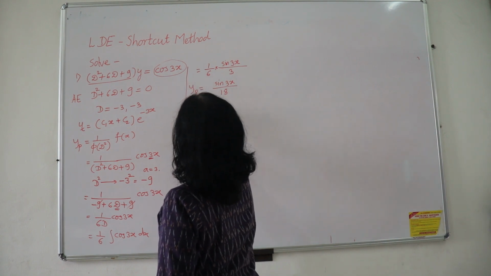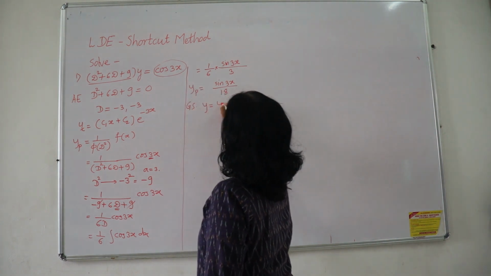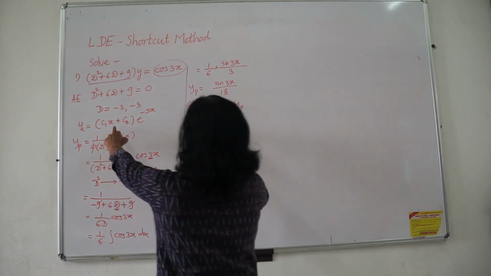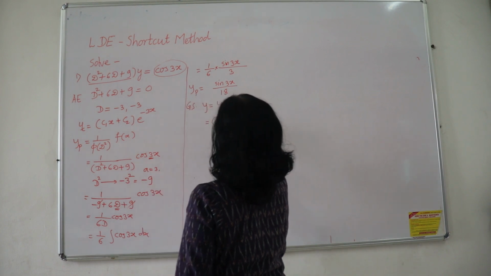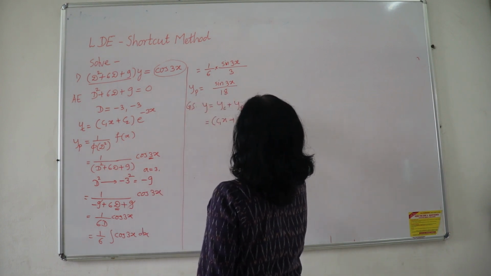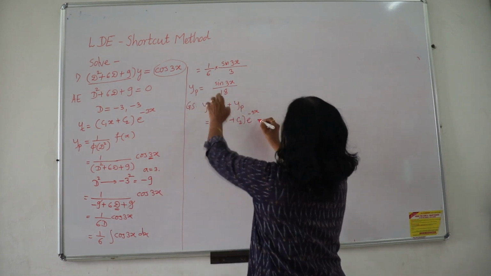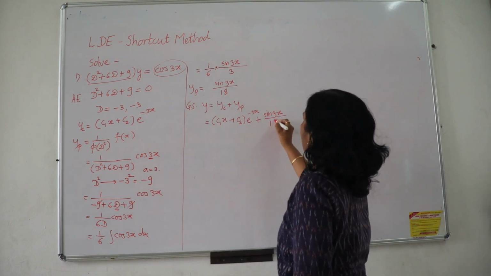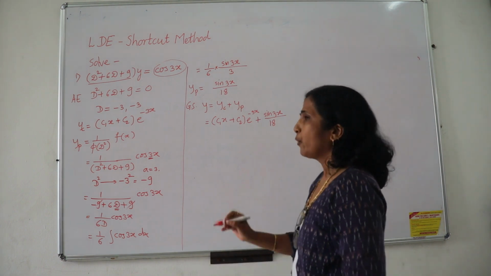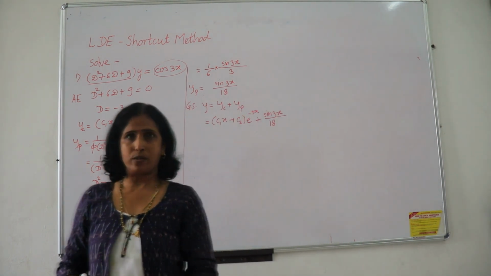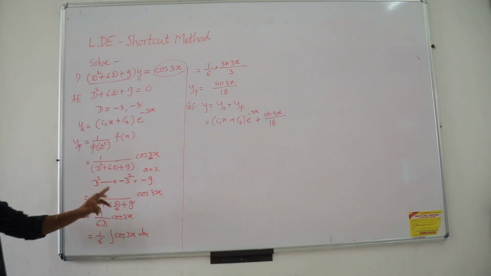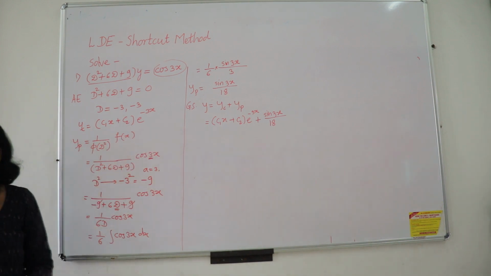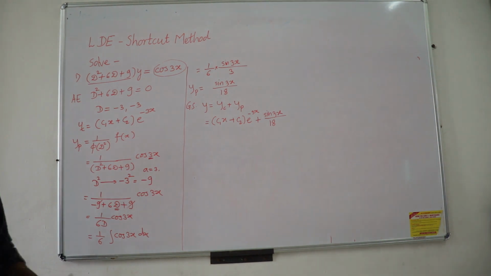YP I calculated, and our final formality, the general solution, is written as y is equal to yc plus yp, where your yc is this. You just place here (c1x + c2) e raised to minus 3x and connect it with the positive sign. Of course you have got sin 3x upon 18. So in the first example I explained the basics, how D square is replaced, and along with that, one thing I repeated: 1 upon D stands for integration. Every example you will be facing something new.